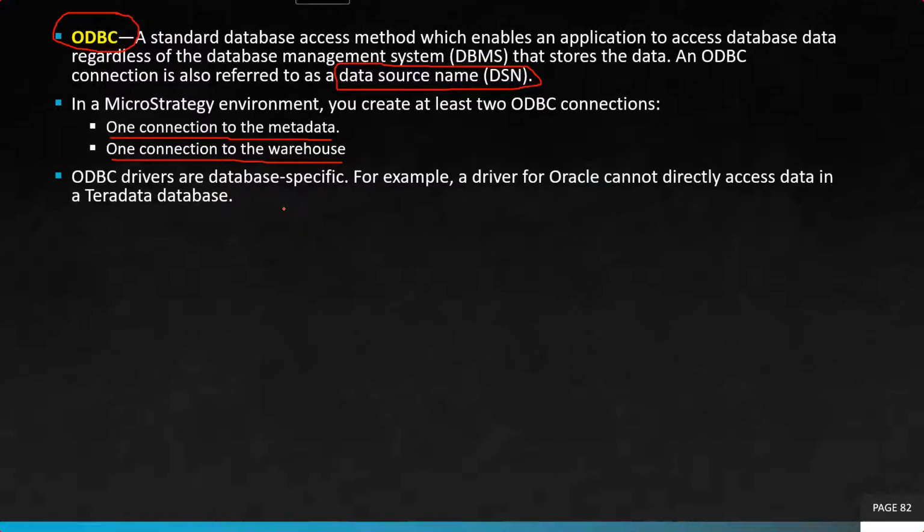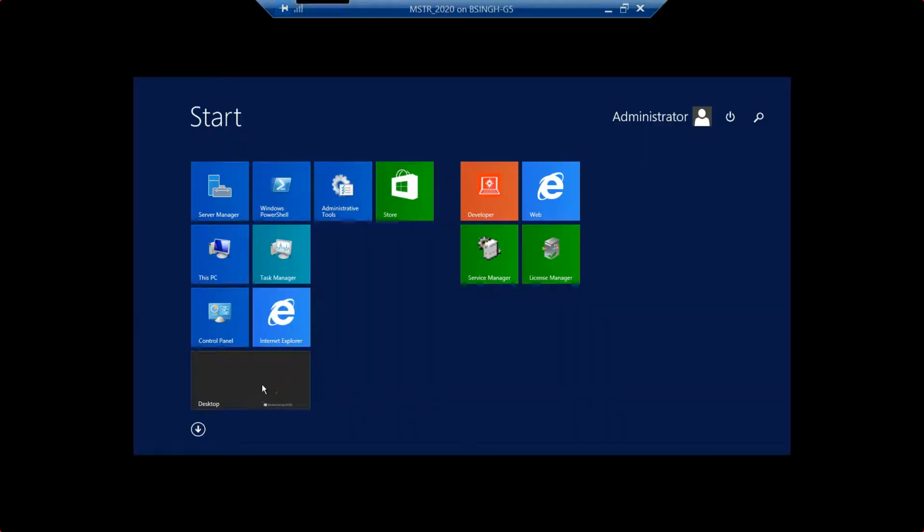So keep in mind, you have multiple options. You can directly create your ODBC connection from your ODBC window, or you have the tool built into MicroStrategy, which we call the Connectivity Wizard. You have to open your Connectivity Wizard, and it will give you a wizard where you go through the steps to create and configure your ODBC DSN with your database. Let me show you what the Connectivity Wizard looks like.